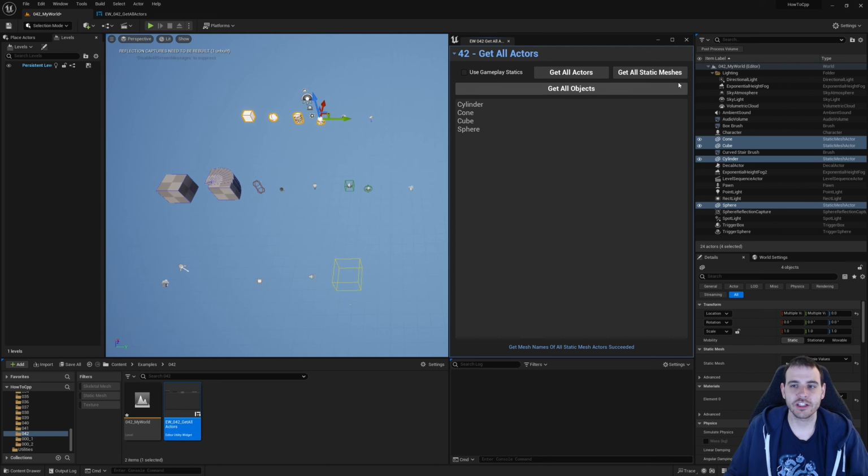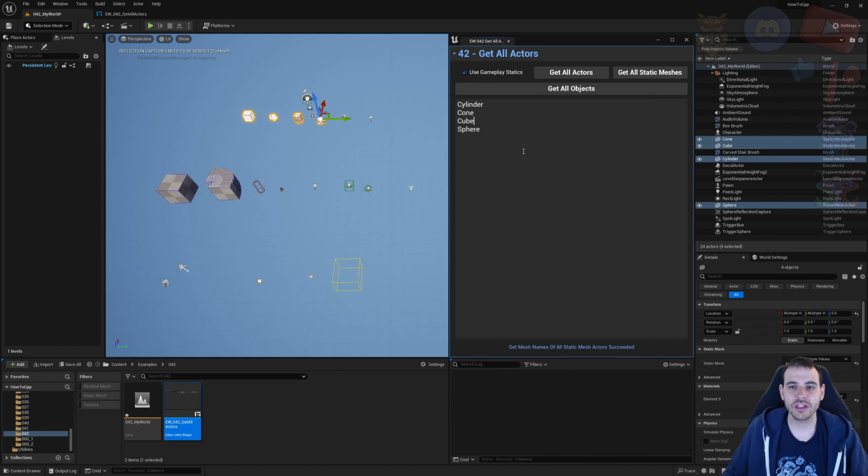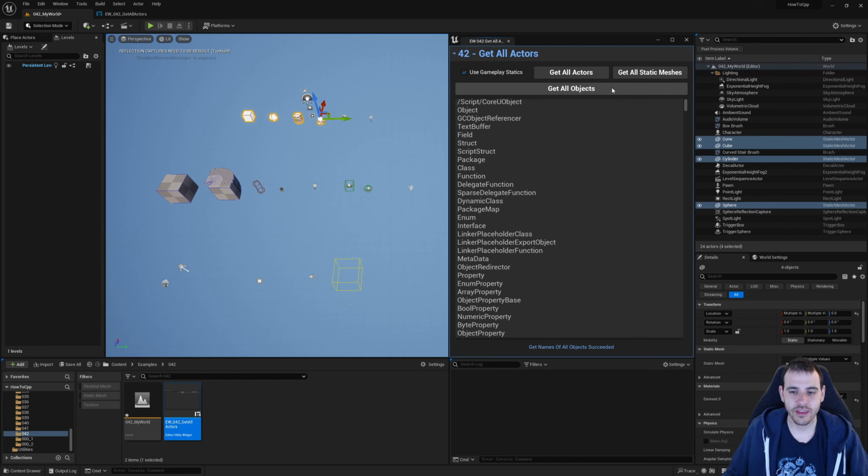I'm going to uncheck that checkbox to make sure that the list is the same, and the list is exactly the same. So both the TActorIterator and also the GameplayStatics function are giving the same result, and that's exactly what we want. Perfect. The last thing we have to test today is the get all object, and I'm just going to check that one. And yeah, now I have a long list right here, and I have a really